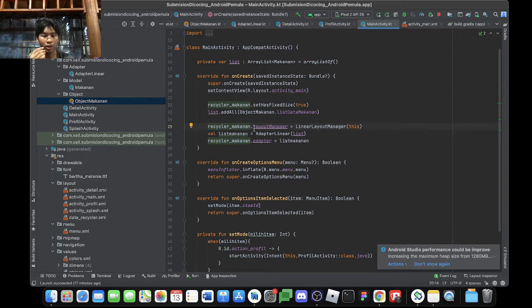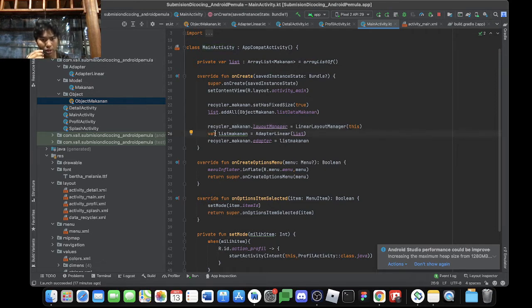dot layout manager is for the type of the layout. So it has three types: linear layout, grid layout, and stack layout. Here I'm using linear layout manager, and this inside of a normal bracket.